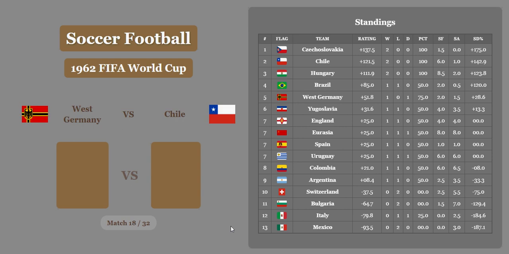Okay, so we got a 4-way tie for 7th place right now. West Germany versus Chile, 2-0. Germany with a huge win. Chile will get a half goal for economic difference. So Germany inches their way up to 5th place. Chile falls to 4th.